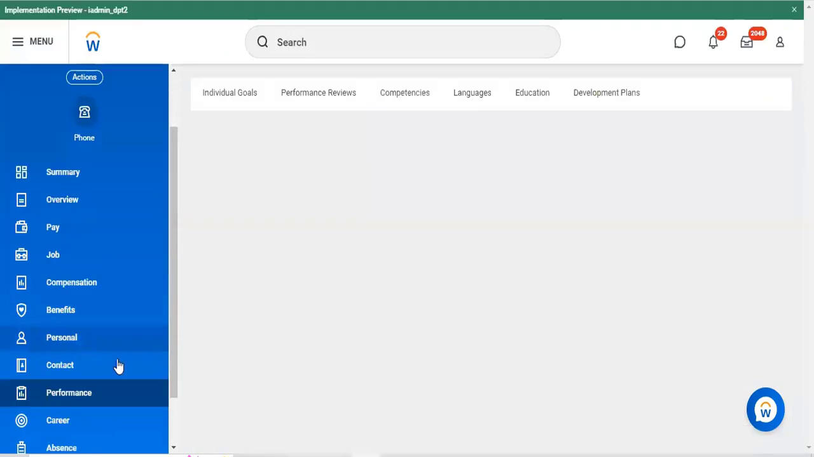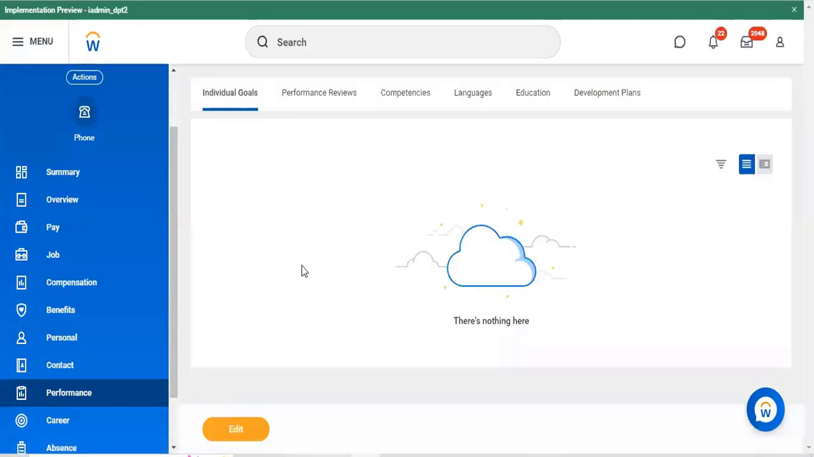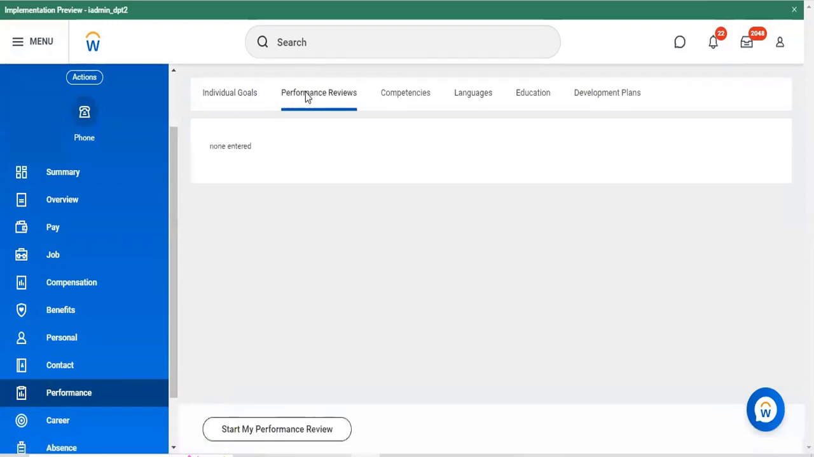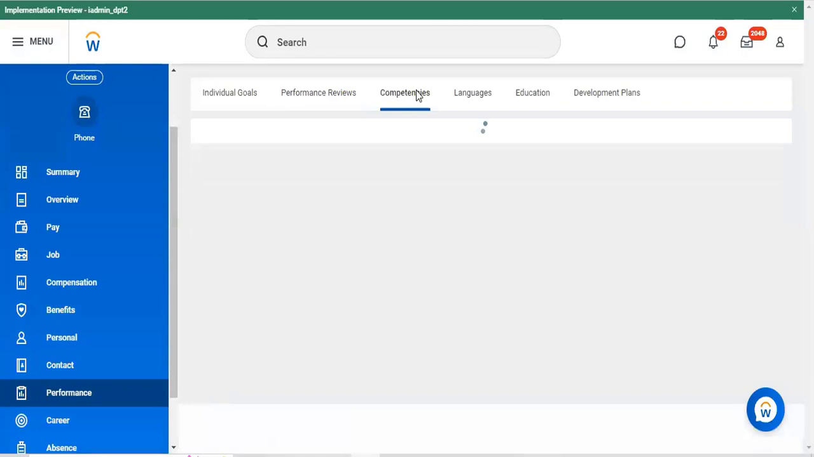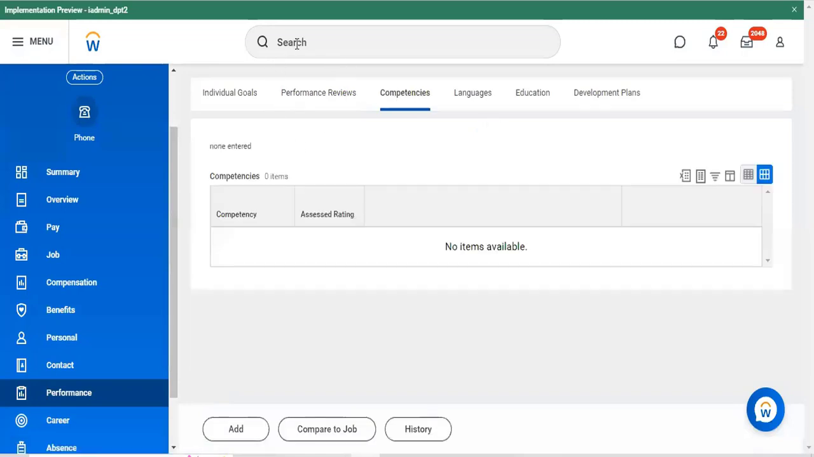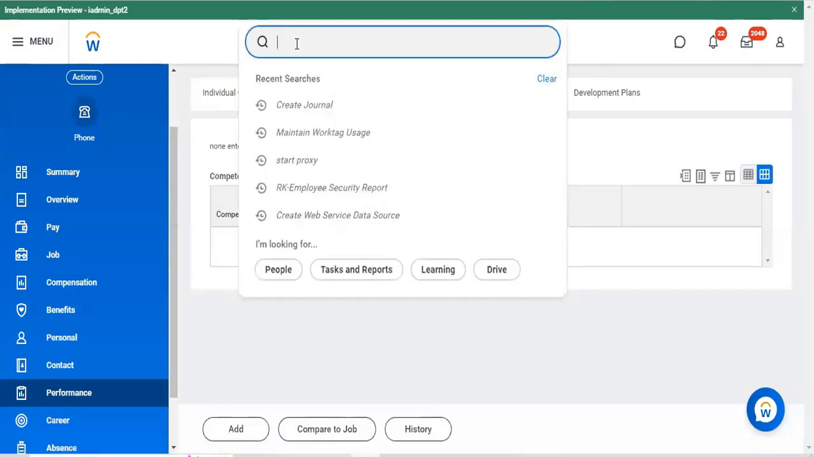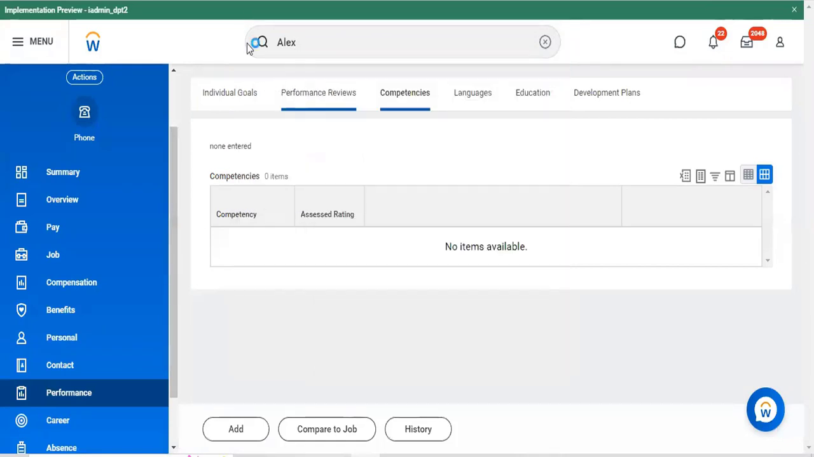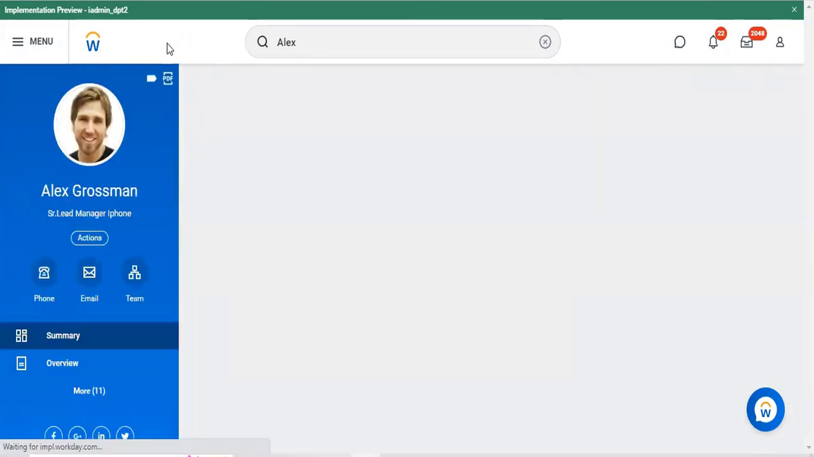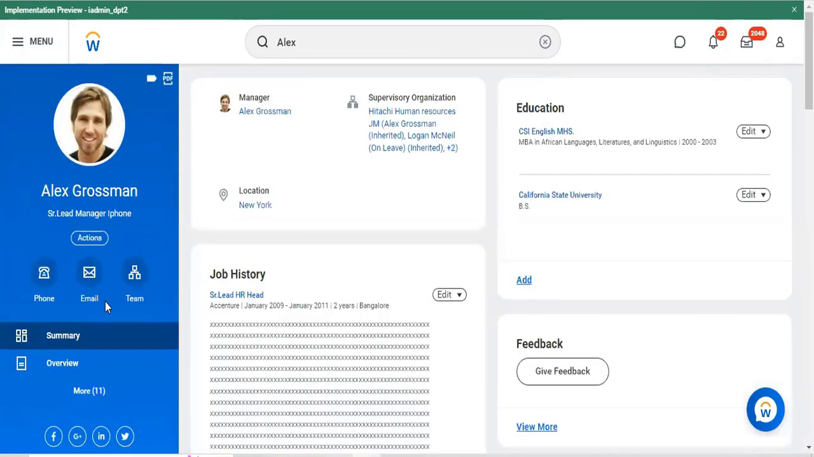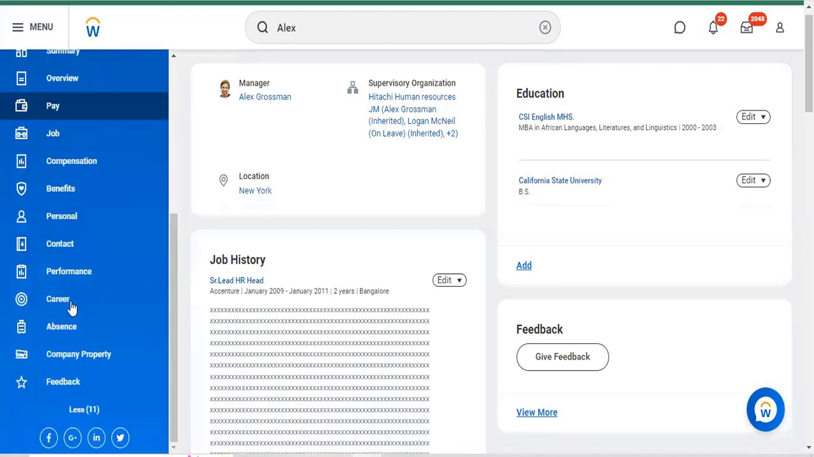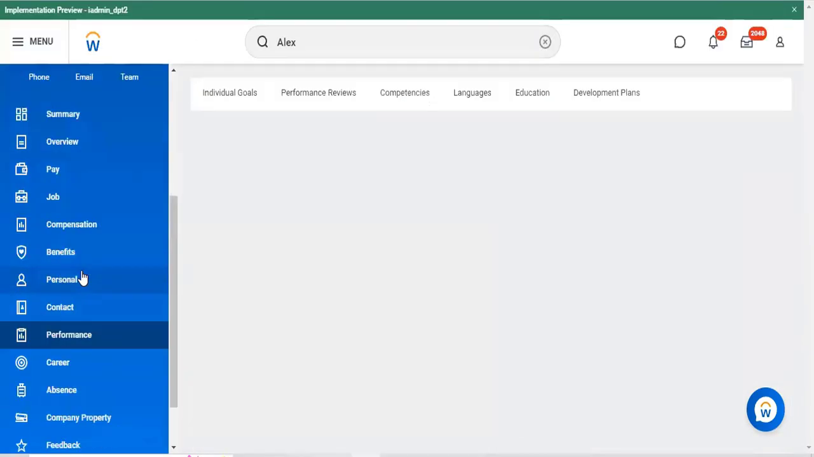If you want his performance related activity, you can see his performance related information here. Go with performance review. As of now, no data is available, but I'll show you. Wait, I'll pick any other employee. Alex Grossman is one of the employees, a test employee which we created recently to give more understanding. Coming to the performance,